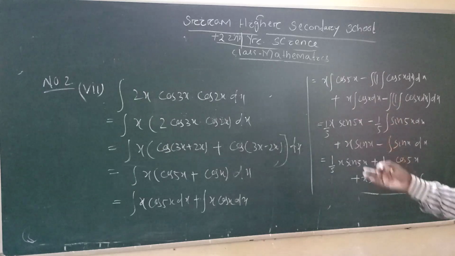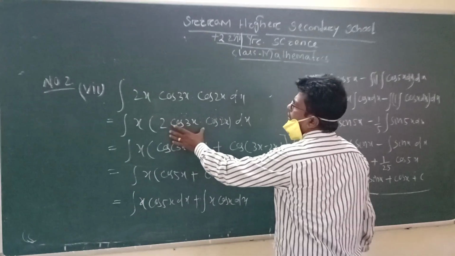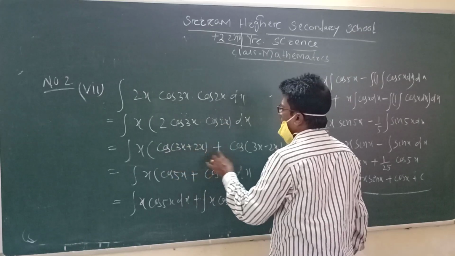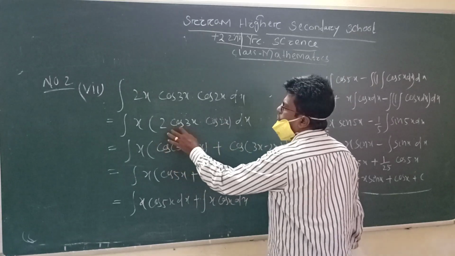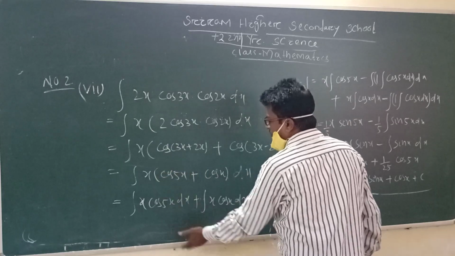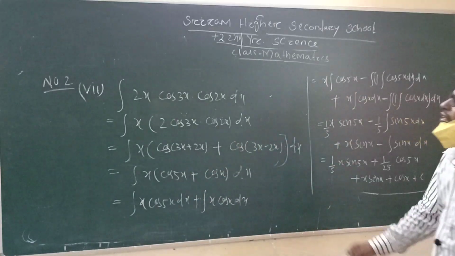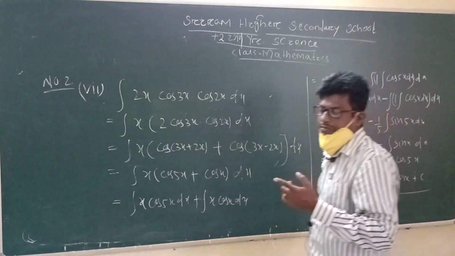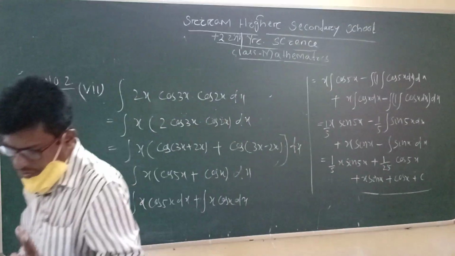You look how to solve, taking that term into trigonometrical 2 cos mx into cos nx, that is cos m plus nx plus cos m minus nx. That identity is used in these cases and then solve in this way by using integration by parts, and then that is your answer. Now I am going to number 2